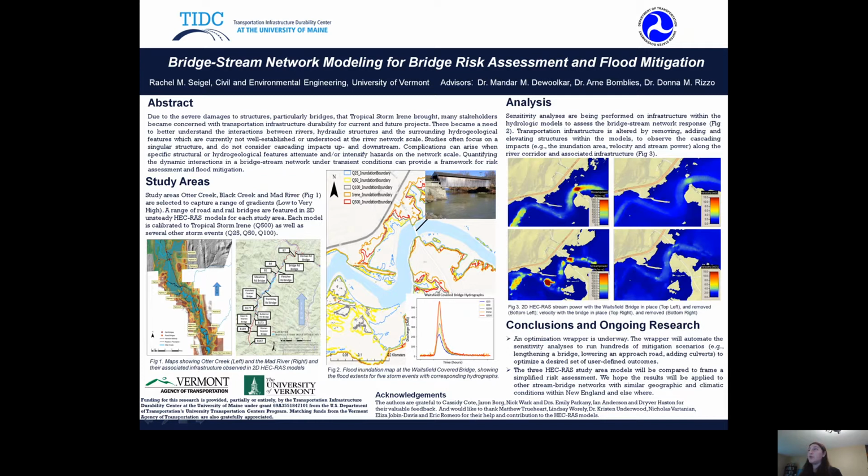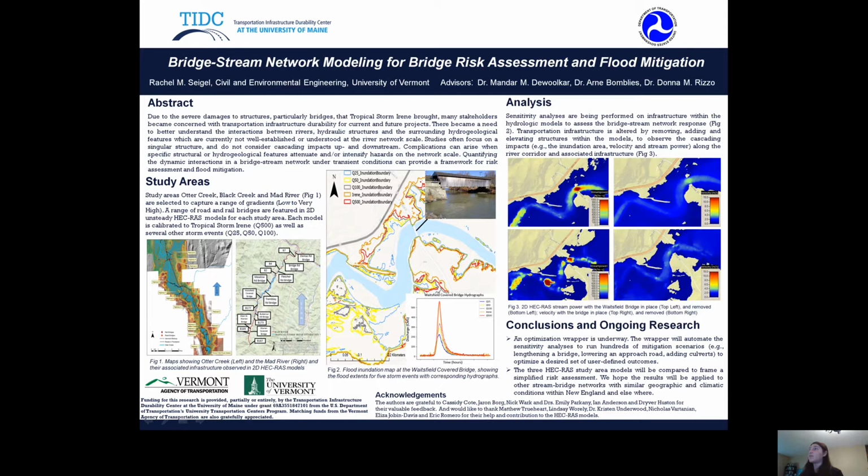But once the bridge is removed, you can see how much this changes. Stream power in the bottom left and velocity in the bottom right increase up and downstream throughout this section of the river corridor and not just in the bridge location. This network sensitivity can pose a risk for other structures further downstream, potentially increasing their velocity and stream power there as well. This might lead to increased scour. It could change the direction of flow and create a higher risk of overtopping or even flooding in some of these areas.